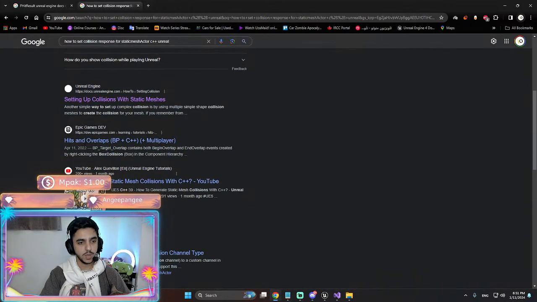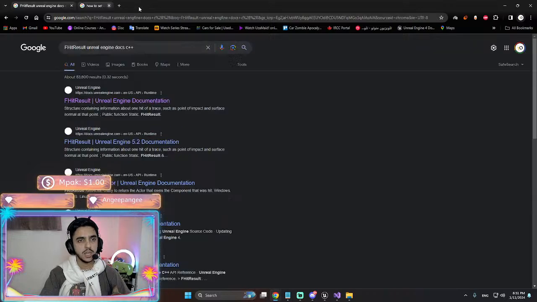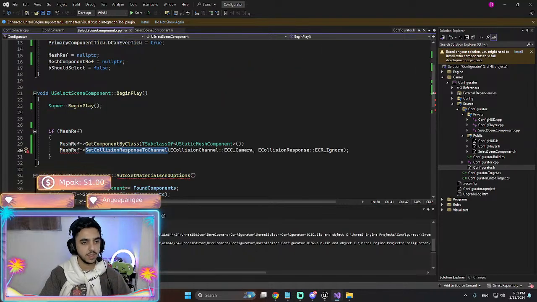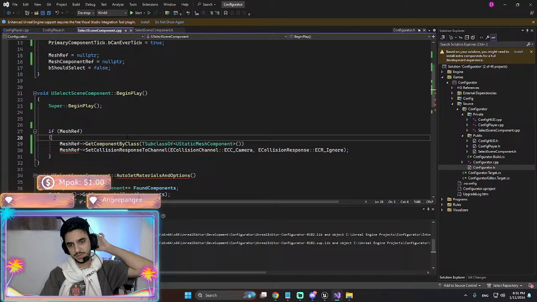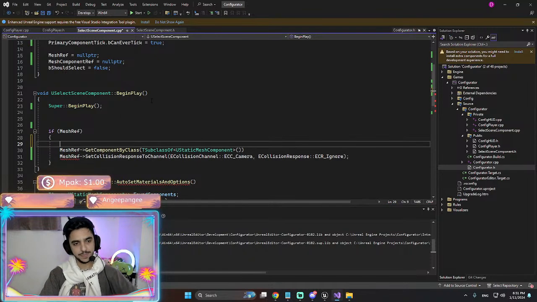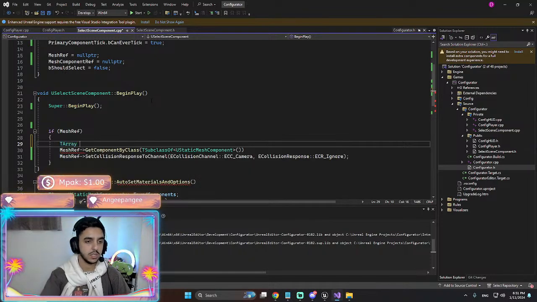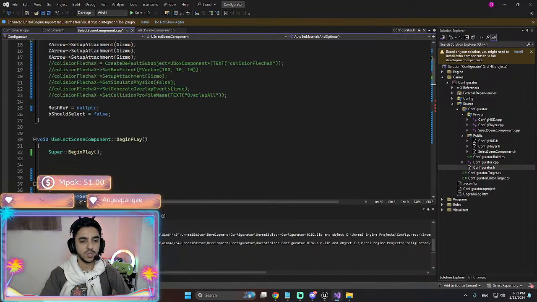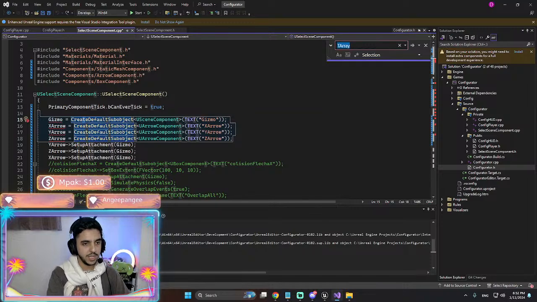Oh no, I already know this one. Why is my collision detection? Actually, I know this part. The only way is to do this. So I'm gonna say, this is bad, right? This is bad. T array. I'm gonna bring in init T array. So I'm gonna Control Z everything. I'm gonna find my T array here.